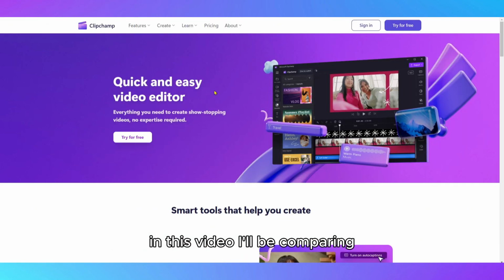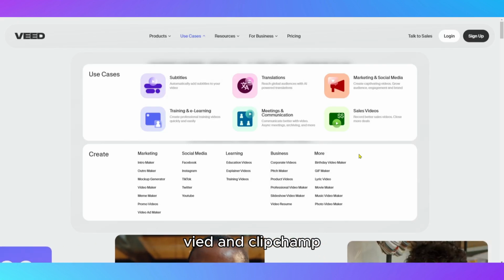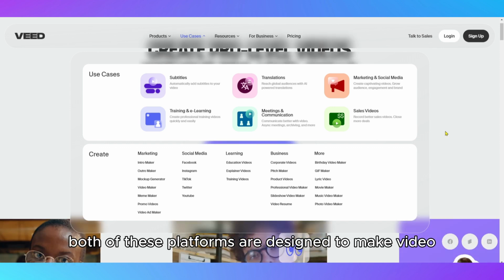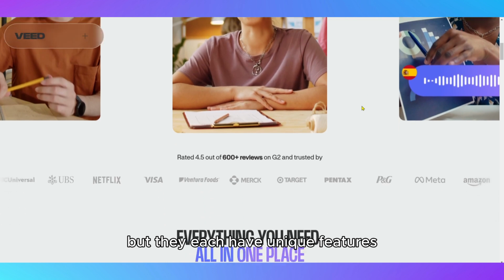In this video, I'll be comparing two popular online video editing tools, VEED and Clipchamp. Both of these platforms are designed to make video editing accessible for everyone, but they each have unique features and